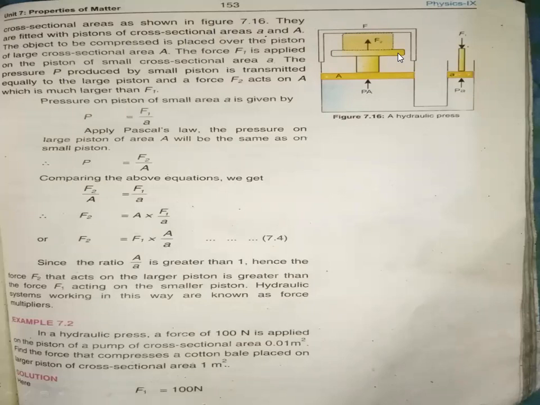So the force F1 is applied on the piston of small cross-sectional area. Here we apply the force which is called F1 on the small piston. The pressure P produced by the small piston is transmitted equally to the large piston, and a force F2 acts on capital A, which is much larger than small a. It means F2 is much larger than F1, because here the pressure will